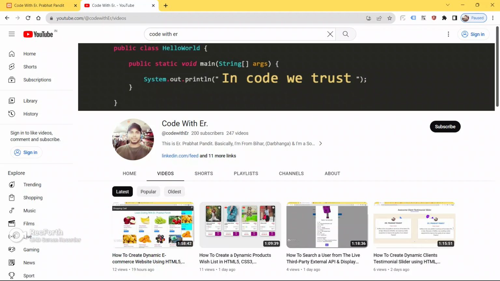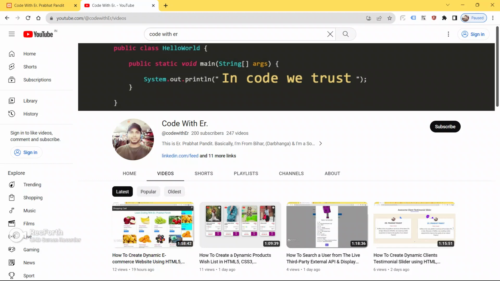Okay, and guys, by using Vue.js, we are going to learn how to fetch local JSON data on our HTML page, and we will also display that output on our HTML page by using Vue.js. Yes guys, in this video we are going to learn how to fetch local JSON data on our HTML page, and display the output by using Vue.js.